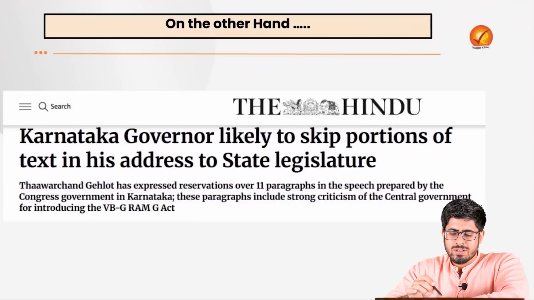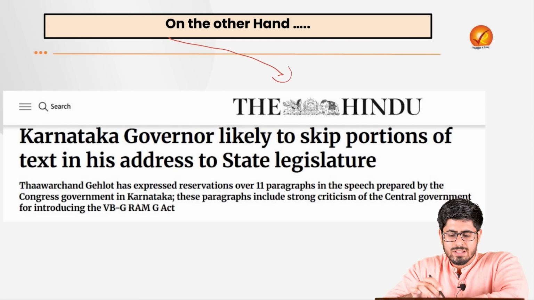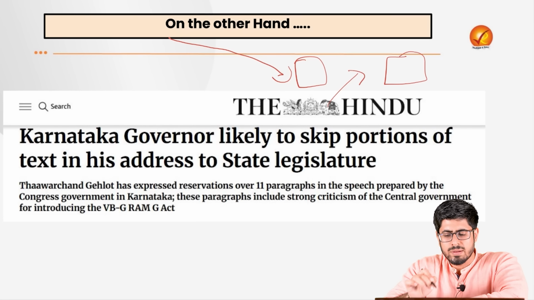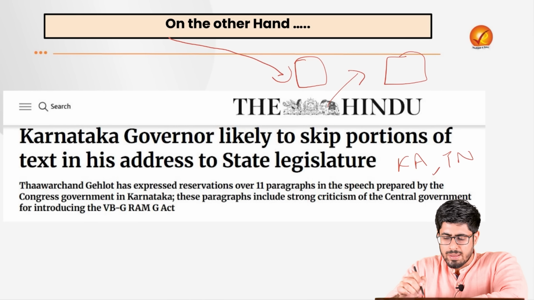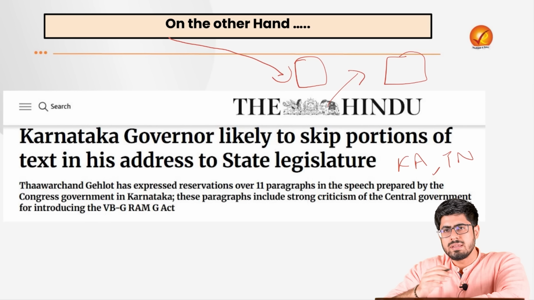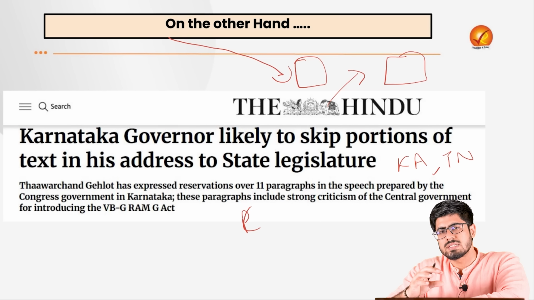Before we move to the next topic, on the one hand, we just discussed the presidential issue. There is also the issue where the president or the governor might not even speak whatever the government wants them to speak. In the case of Karnataka, and also Tamil Nadu, the governor belongs to another party apparently, and the government at the state level is of another party. So the political differences lead to issues where the governor's address is not carefully read, and they are deliberately